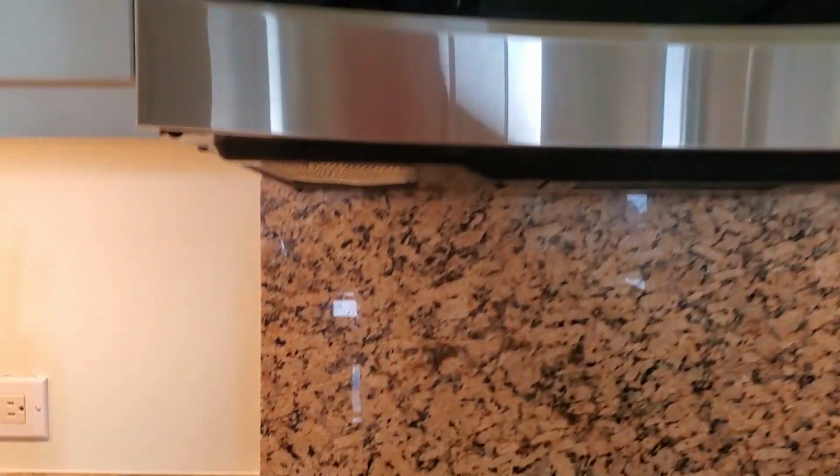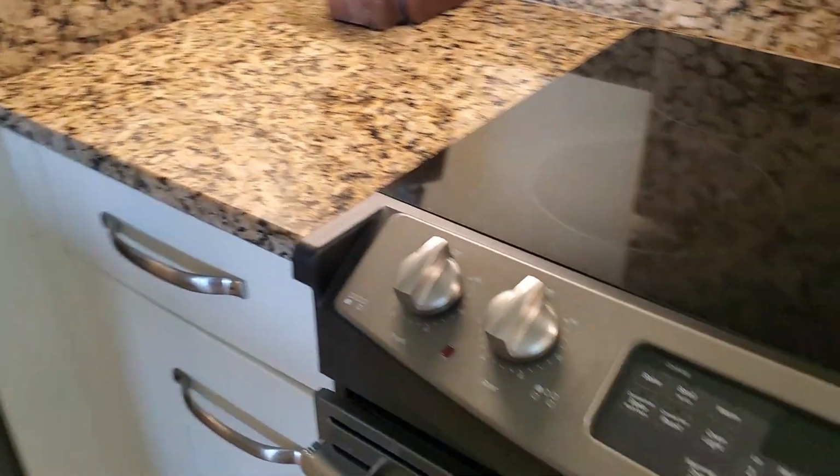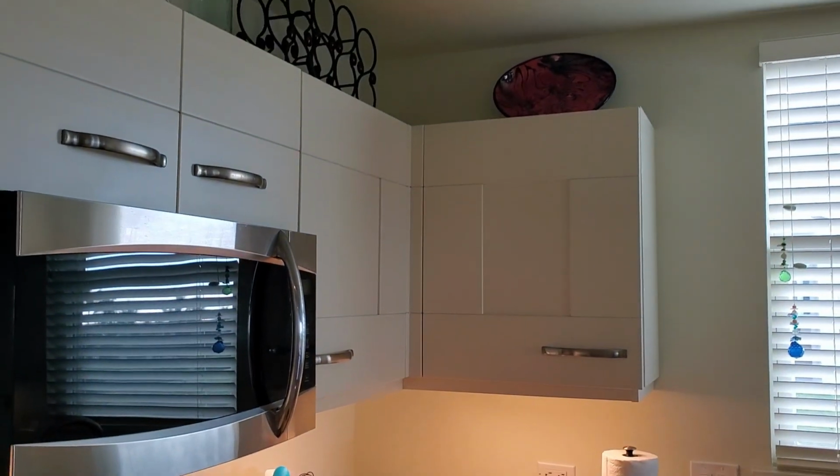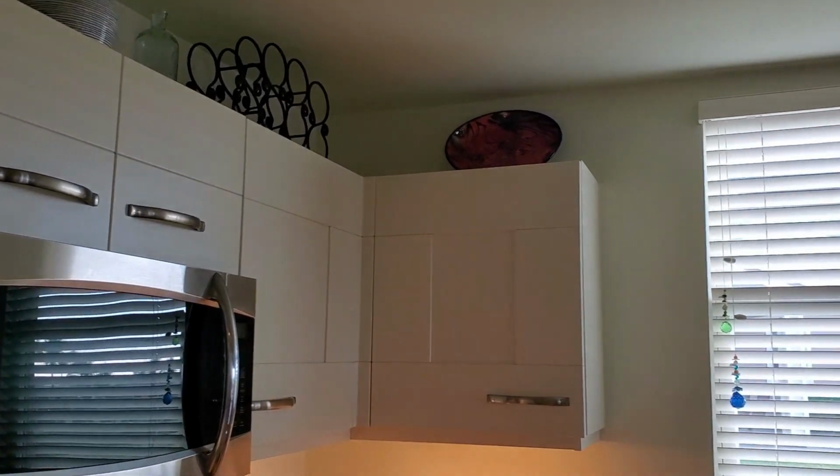Nice setup, soft close. I like that on our drawers. The cabinets are nice. So, when you're looking at something here with Hale O Keauhou, you're probably going to compare